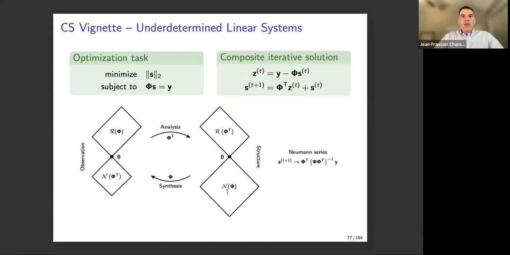So what we're going to do is use an iterative scheme. We want it to be iterative because typically it's going to have low complexity. And so Z here,